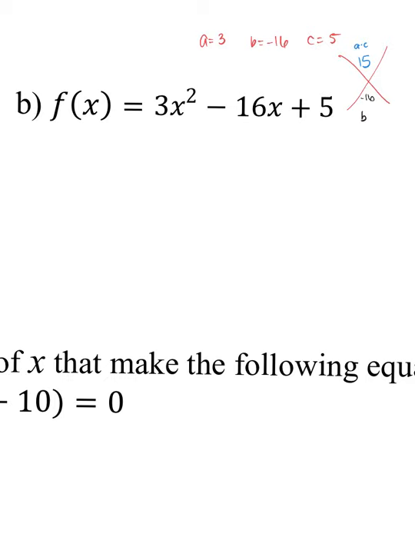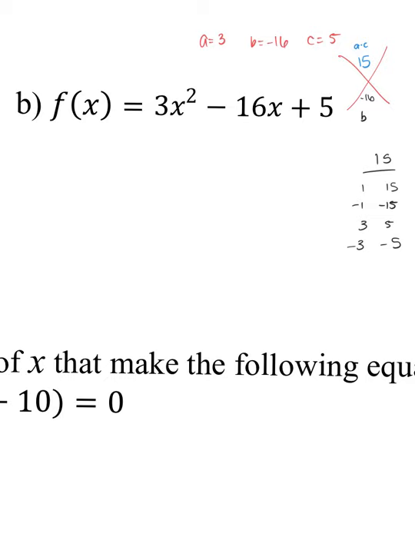okay? So before we put anything on the sides of our X, we need to go ahead and multiply A times C, which we did already, which is 15. So now we have to find all the factor pairs of +15, okay? So my first obvious one is 1 and 15. But you also have to remember that a -1 and a -15 gives us +15, okay? And then we have a +3 and a +5 and a -3 and a -5, okay? So those are all our factors,